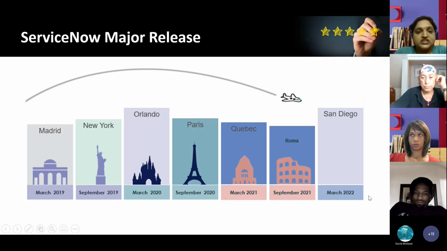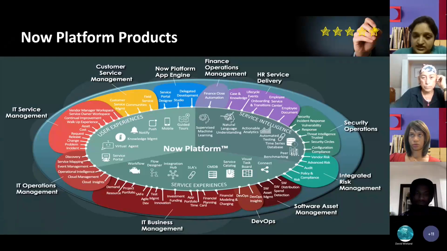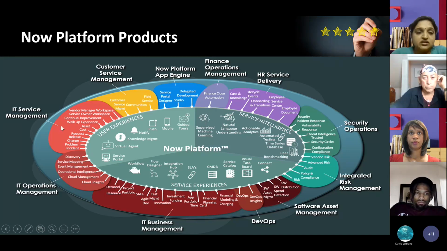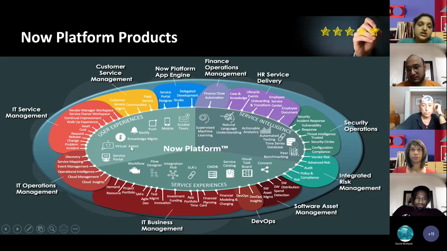Next one is about Now Platform products. As I said, ServiceNow has various products. As you can see on the screen, IT Service Management mainly deals with delivering IT services like incident, problem, change, release, request, and work experience. Today's session will be more focused on IT Service Management, and we also have other products like IT